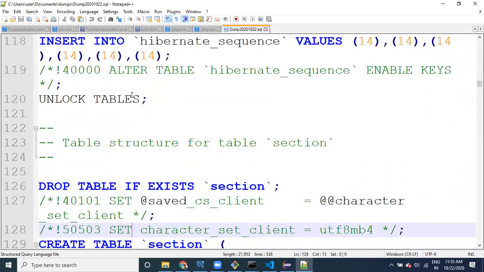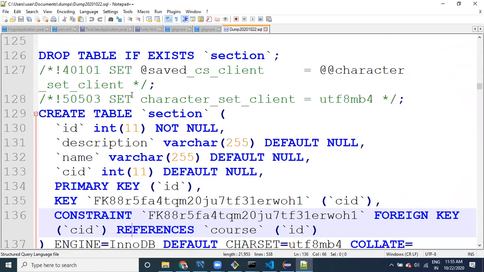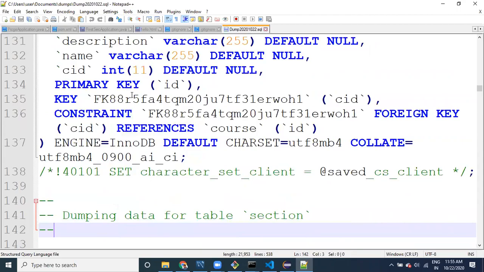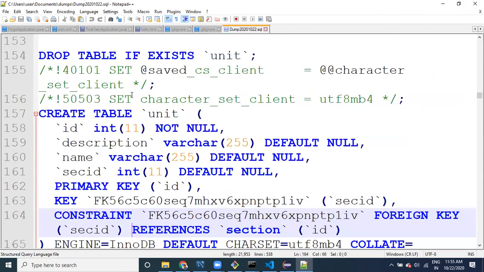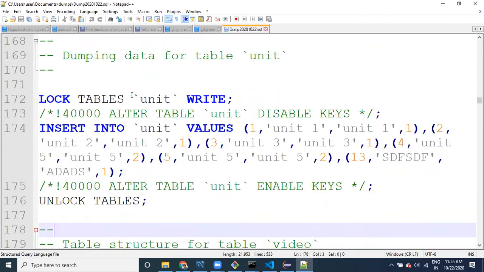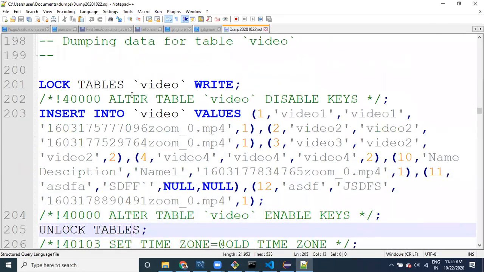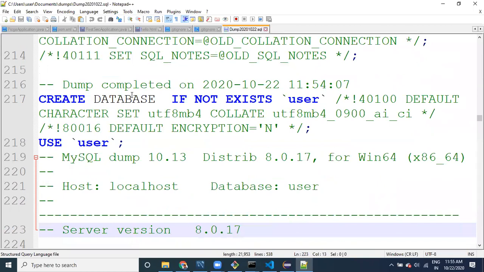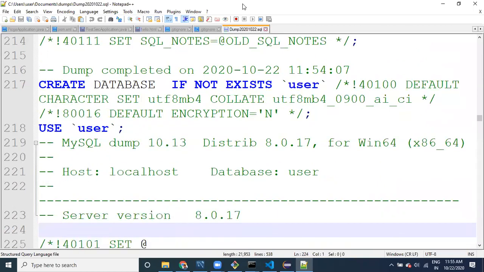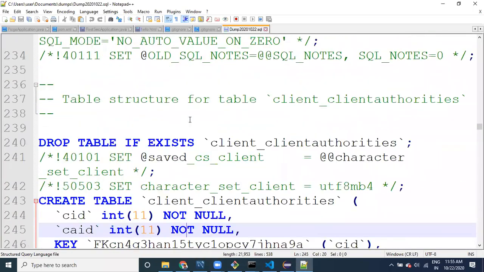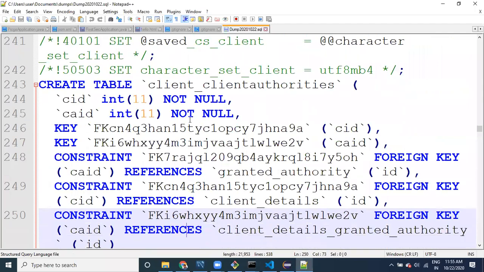Insert into, the data is available. Unit table, video table, data insertion. All the queries are going to be generated in the file.